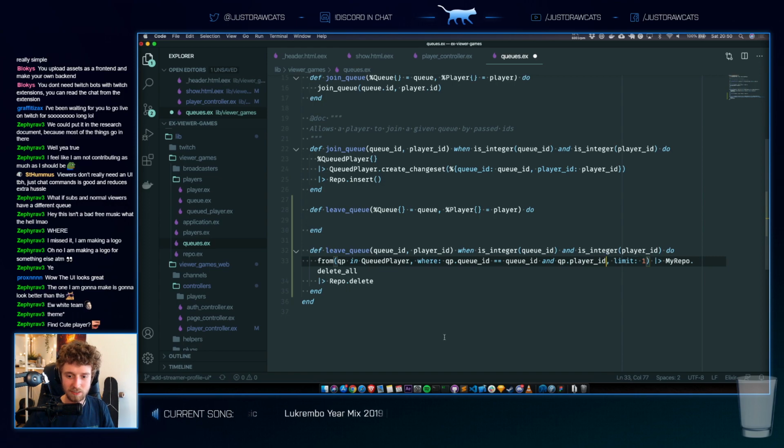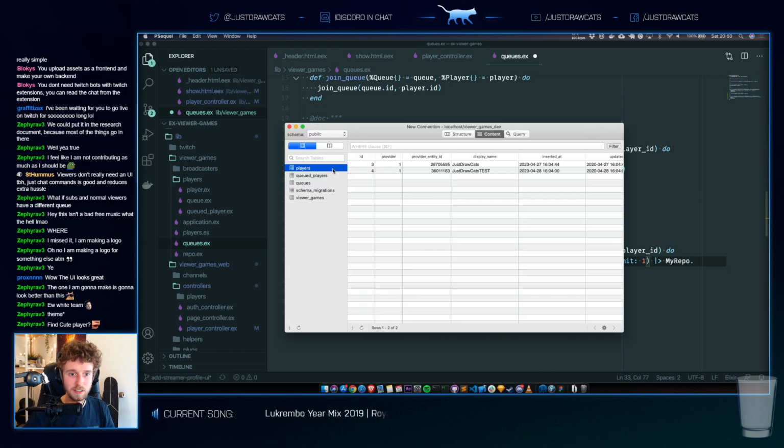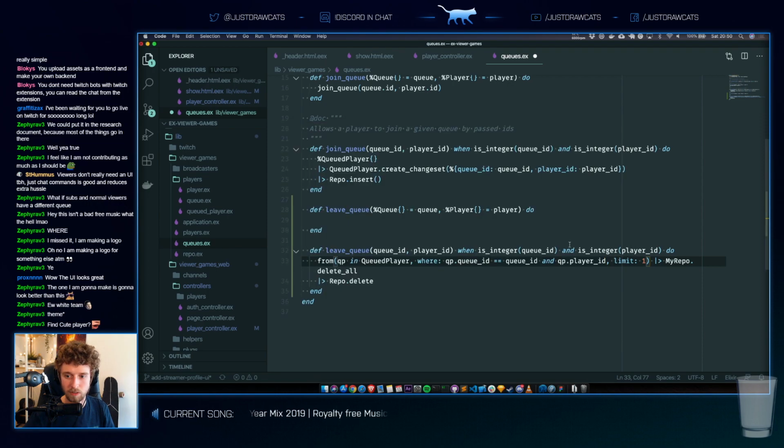Player ID. Let me see what the table looks like. Queued players. Player ID, Q ID. Okay.